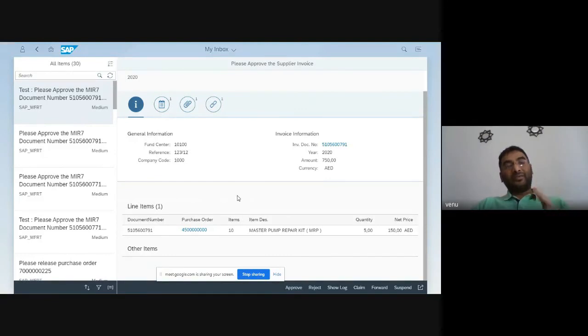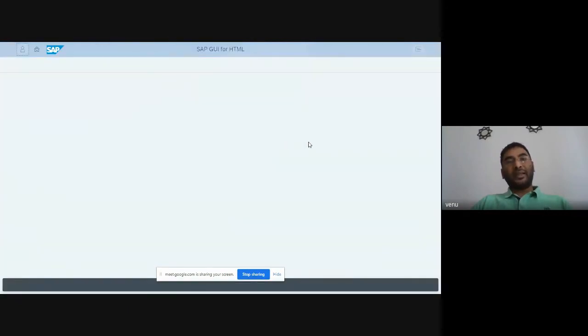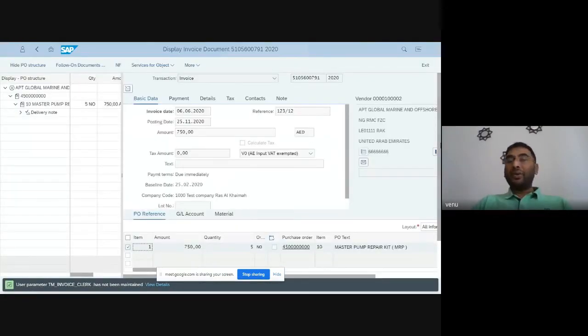So now here you have 2 more points. How do I have this? What do we call these things? Now here, invoice document number. When I click on this invoice document number, it will navigate to my invoice document number. You could see this, this is the SAP GUI screen. SAP as of now has not released the standard Fiori application for this. You can see here, what is my invoice number?